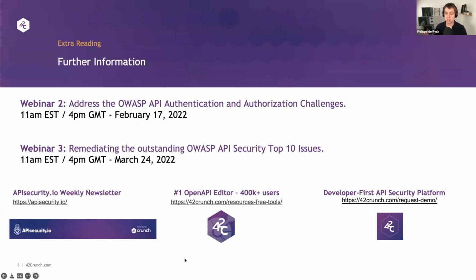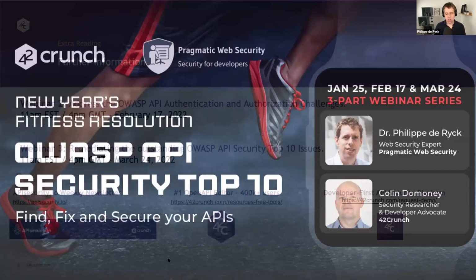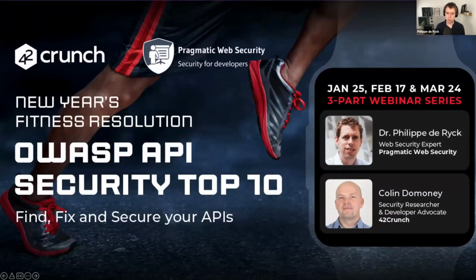I have a closing comment about that. This one was the introduction, like a back and forth of how things go. In the next sessions, I'll definitely be more technical. It's only an hour, so we're not going to go into super detail, but we'll discuss the OWASP API security top 10 issues one by one mostly. I'm going to give some examples and definitely focus on defenses and solutions.